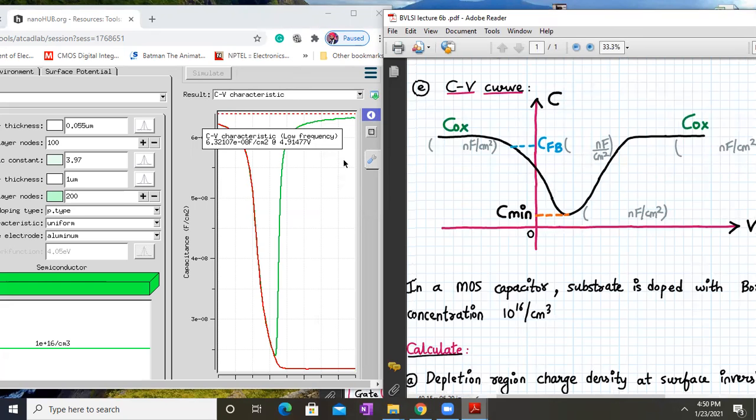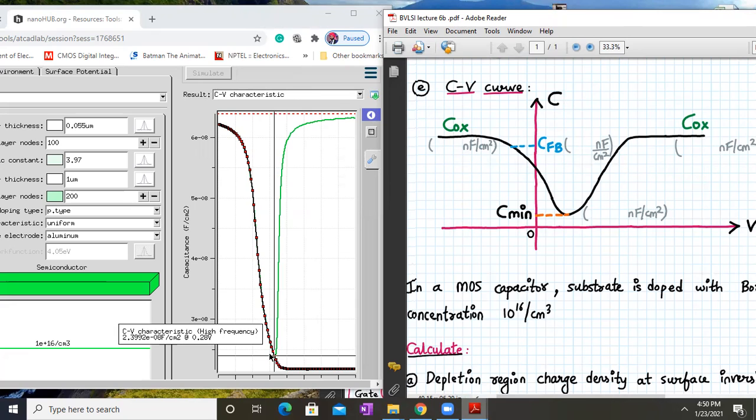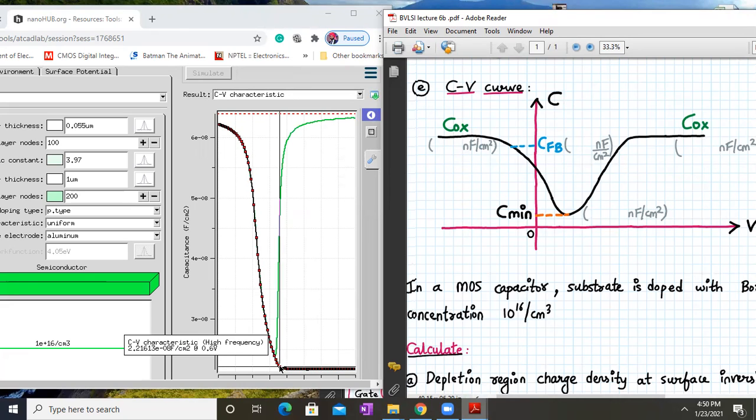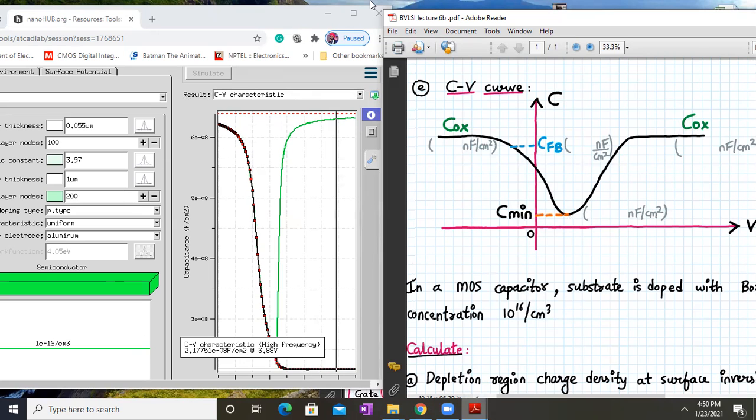Let me bring the cursor down over here. We were getting a C minimum value of 22.62 nanofarad, and here also we are getting around 22. So you see, the values are really matching, and we can also see the difference between the low and the high frequency response.